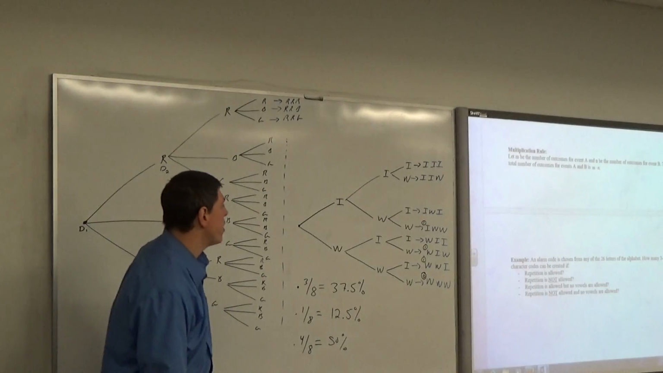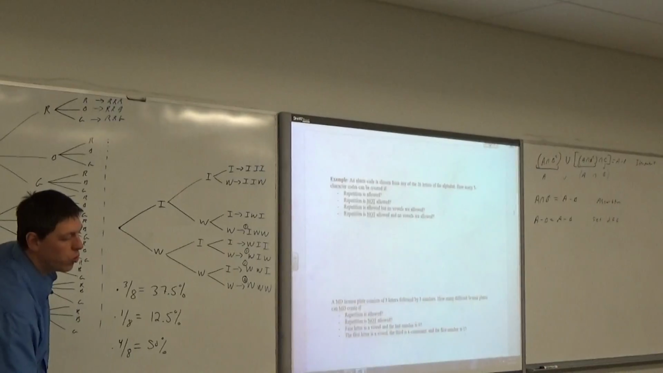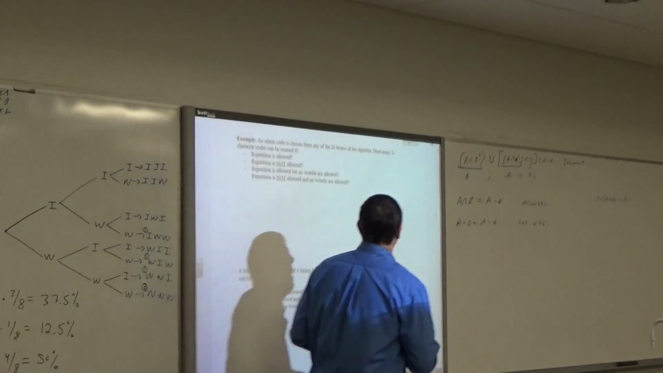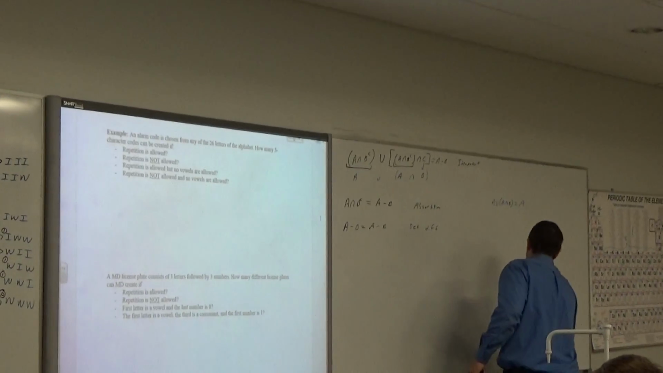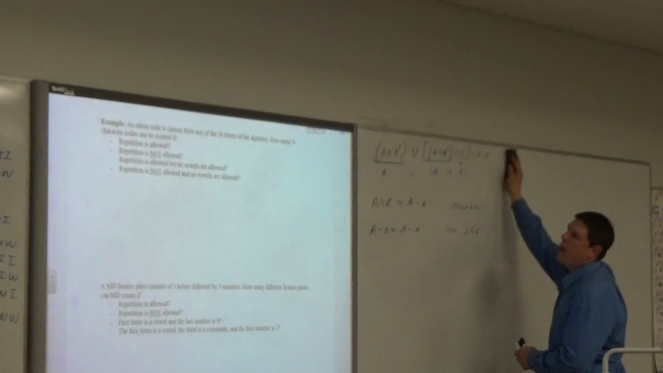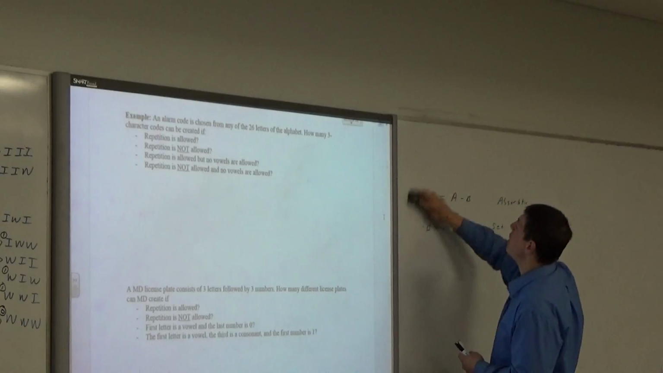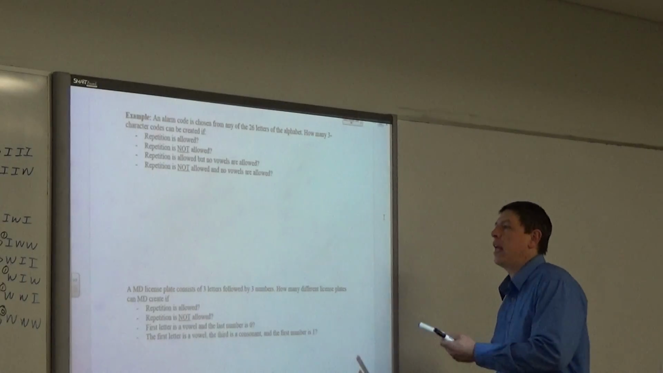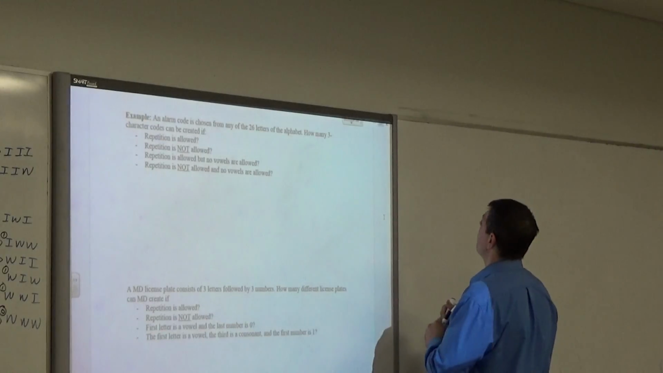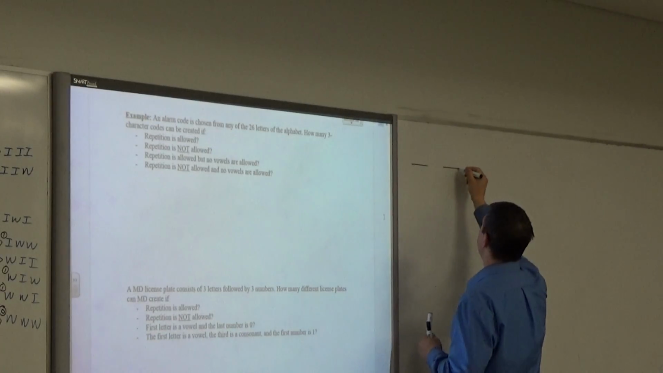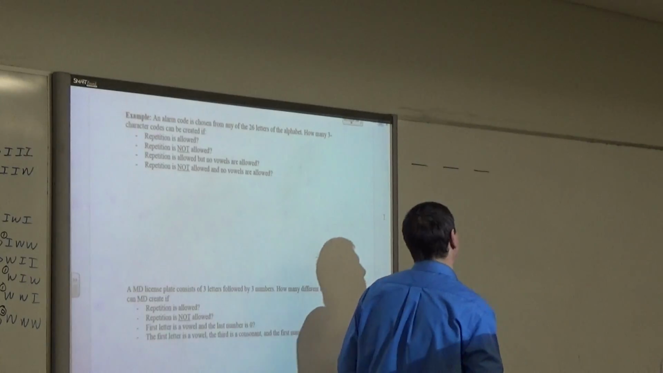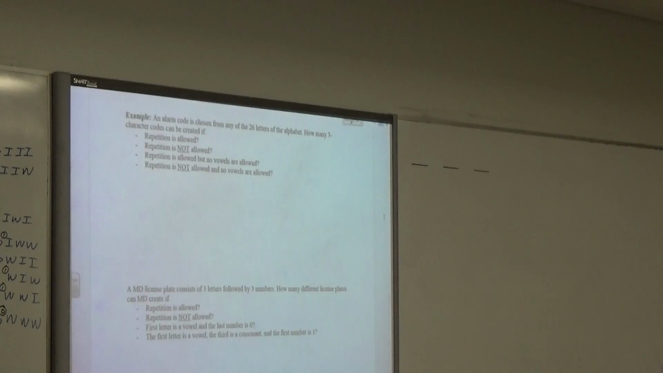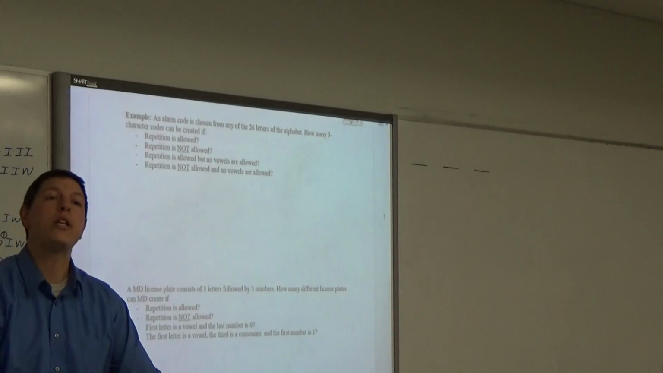All right, let's take a look at some examples where the multiplication rule could be utilized. So, we have an alarm code. It can be chosen from any of the 26 letters of the English alphabet. How many 3-character codes could be created if repetition is allowed? So here's the way I think about these guys. I just make 3 spaces, since you have an alarm code. There's 26 letters in the alphabet, so how many letters could we select for the first